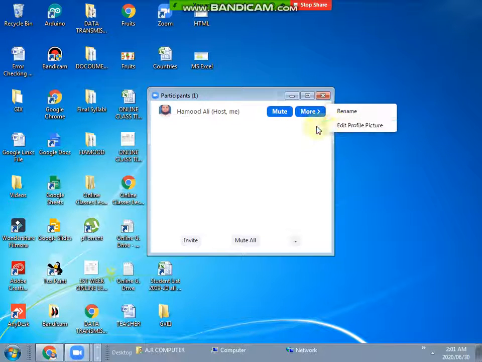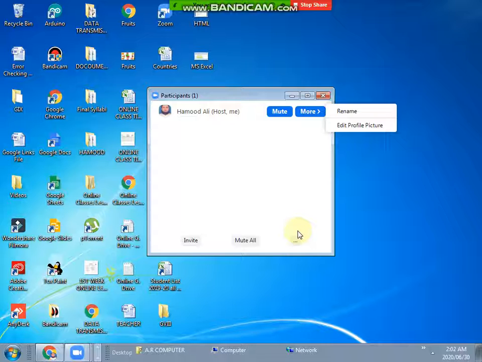Then Ahmed can do all the things that you can do, and he is the host of the meeting. And when you want to take back host rights from Ahmed, there is an option given here. When you click on reclaim host, then you can take back host rights from him.